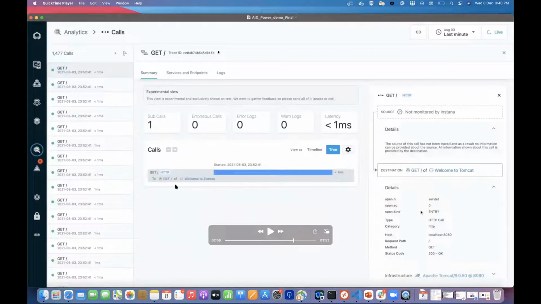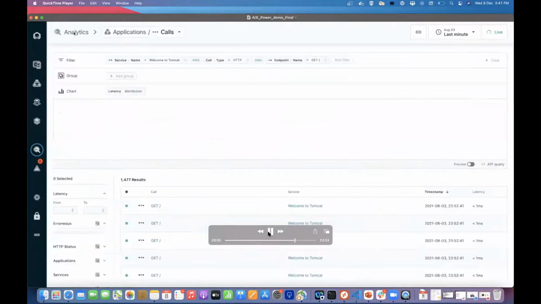Here it is only a GET call and it is coming from Apache, requesting a call to that server. So here we can see only one level. If calls are getting called from different levels internally, it will list down all those levels of calls.